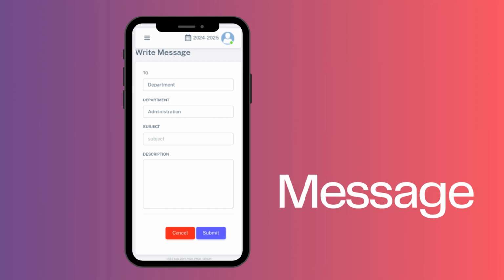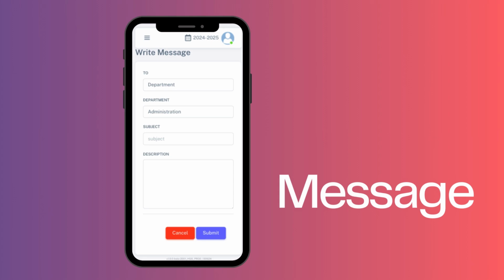Once you have composed your message, simply click on the Send button to deliver it to the intended recipient. The message feature option ensures that your concerns are directly communicated to the teachers or departments, eliminating any potential miscommunication or delays. After sending your message, you can expect a response from the recipient within a reasonable time frame. They may provide you with further instructions, clarification, or even resolve the concern directly.